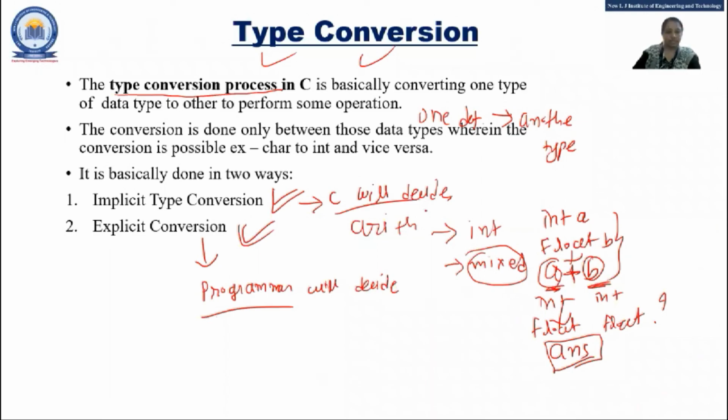Examples we will see in the next lecture. Any doubt up to this? Two types of conversion: implicit, explicit. Implicit means it will not give any error, but C itself will see which data type to consider, either integer or float. There are some rules that we will see in the next lecture. And explicit means the programmer will decide that I want to convert A into float or B into integer. There is a different syntax for each, which we will see in our next lecture. Fine. Any doubt up to this?